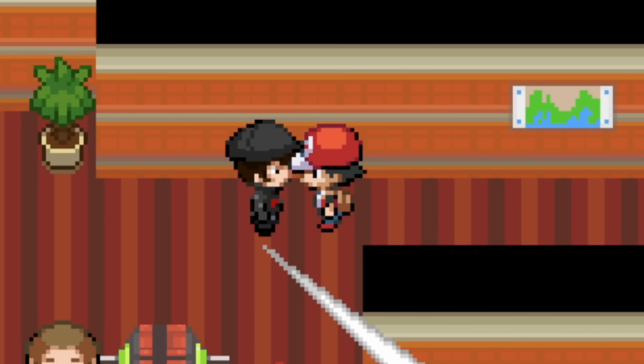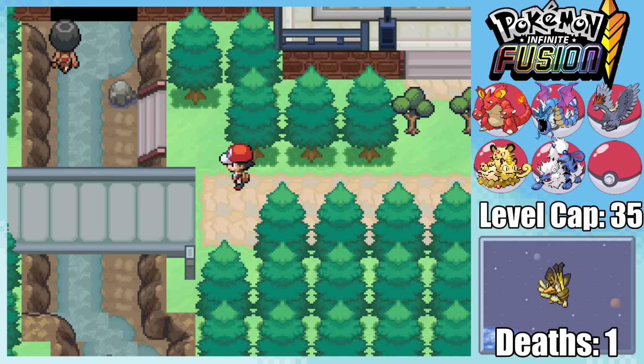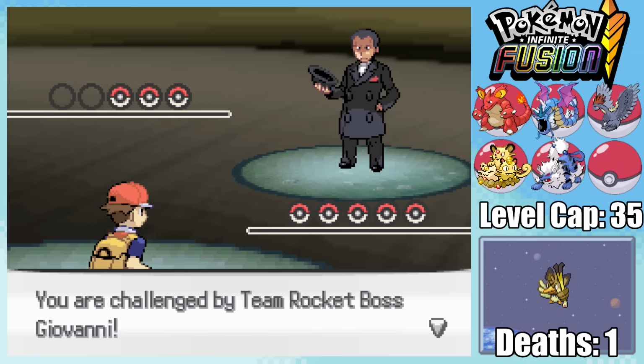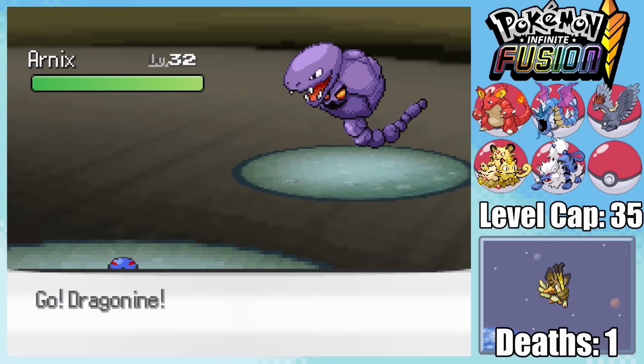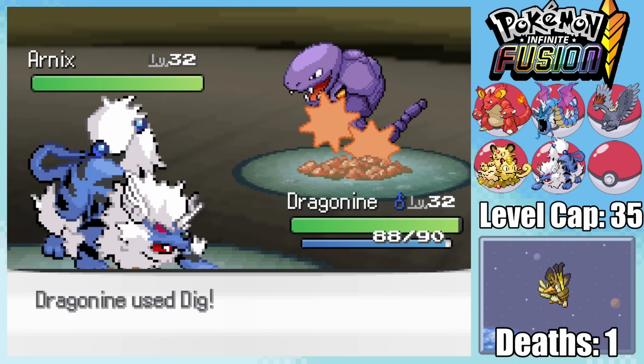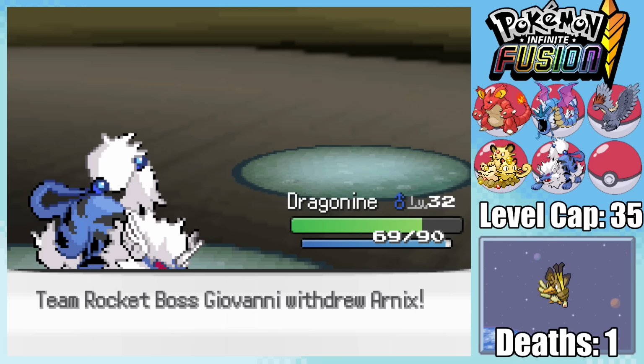Excuse me, what? Turns out Erica's already onto Team Rocket and they're doing some nasty business in the sewers. And it's here for the first time we take on Team Rocket's Giovanni, who is absolutely terrifying in this game. I mean, in the base game, he's a greater victim of Surf than Hoenn. But here his Pokemon are a lot scarier, the first of which being Arnix, only taking half from a dig